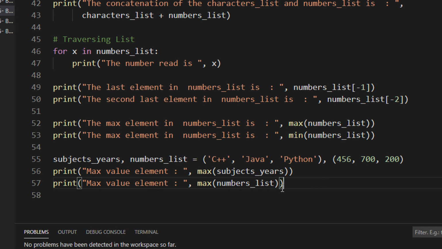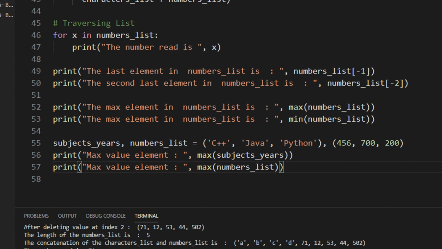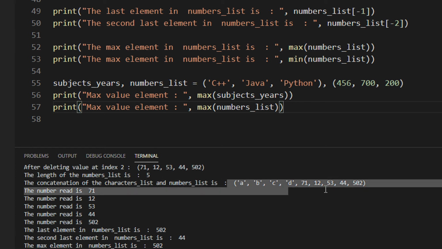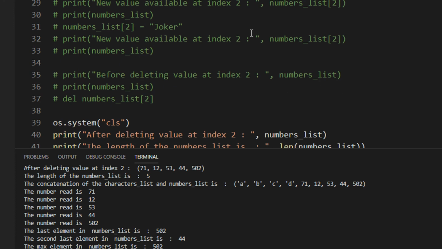For your convenience, I have kept both lectures mapped. If you want to see the same lecture on list, you can go to lecture number 1 that corresponds to this one on tuples. Now let me run the code. You can see everything is almost the same. See, the concatenation is happening, but concatenation is only being displayed here. So let us go to this line.